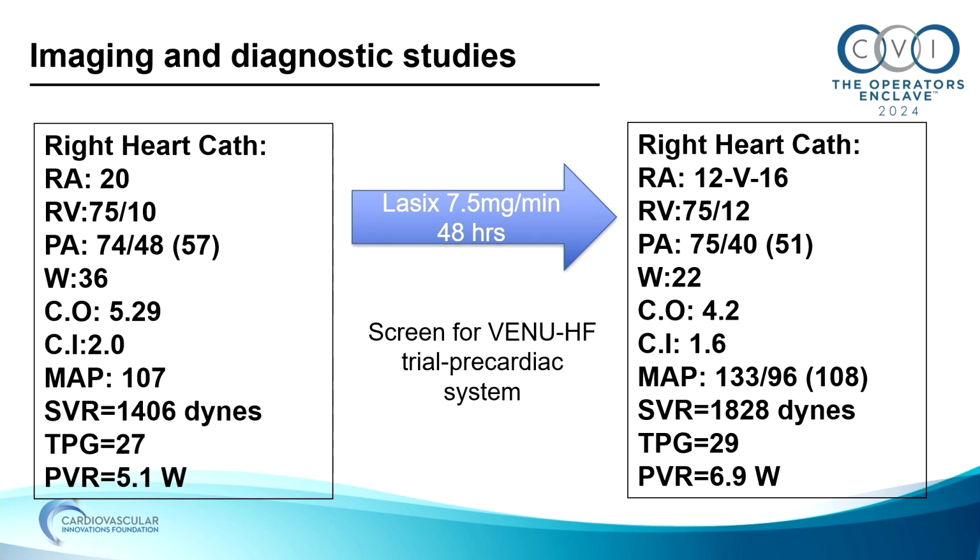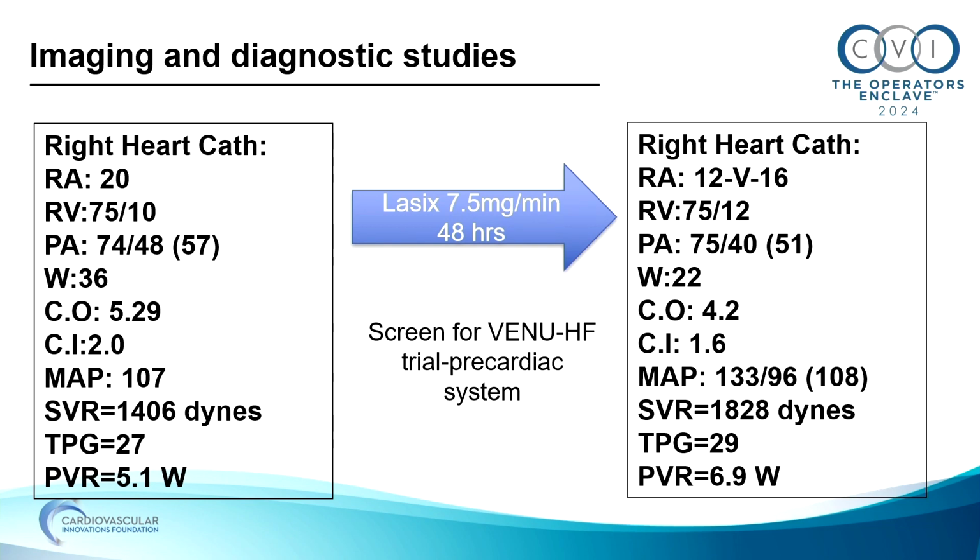Laying flat on the table, walking around, does not disqualify people from being in decompensation. This guy is walking around, came, laid flat, no discomfort, but a wedge of 36. So please remember that part. He was put on a Lasix drip, and then I'll set the stage for what Precardia and the Venous HF trial is, but we screened him for the trial, and the trial requires that you have to show that diuretics are not working. So he was on diuretics, he got screened, and essentially with 48 hours of diuretics,